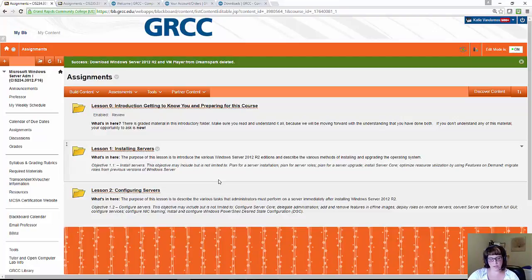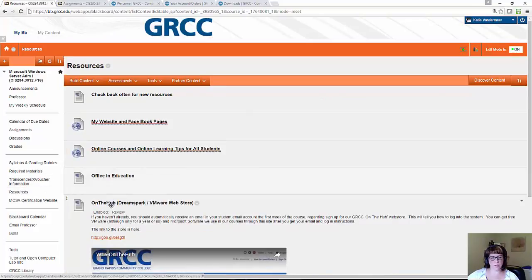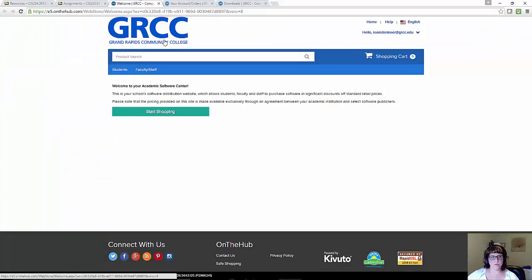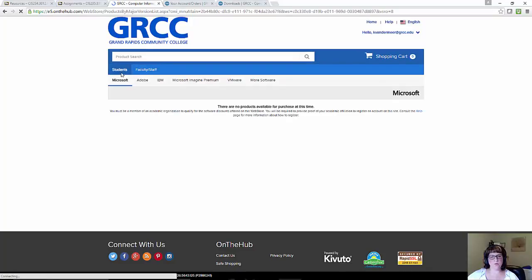But everybody at this point in the semester should have their email and you should be able to log into On the Hub. So you want to go to that link and log in. You'll have an email in your student email, but also in the resource link, here's a quick shortcut, and it'll take you right over to this login page for On the Hub. You log in using the credentials that you're given,